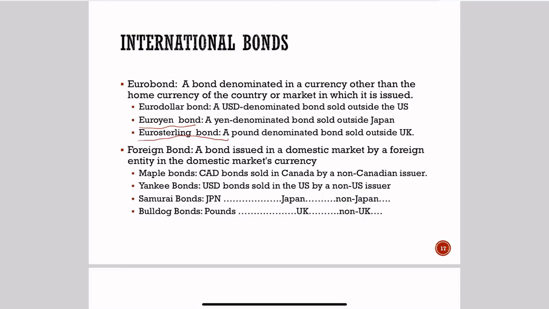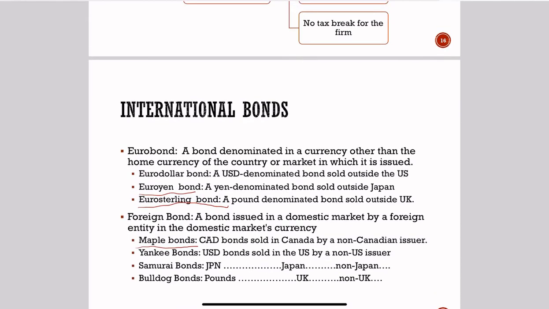Now, what is a foreign bond? It is a bond which is issued in a domestic market by a foreign firm in the domestic market's currency. For example, in the Canadian context, we could talk about maple bonds. It's a type of bond which is denominated in Canadian dollars, sold in Canada. However, it's by a non-Canadian issuer. So let me give you several examples to make these two definitions